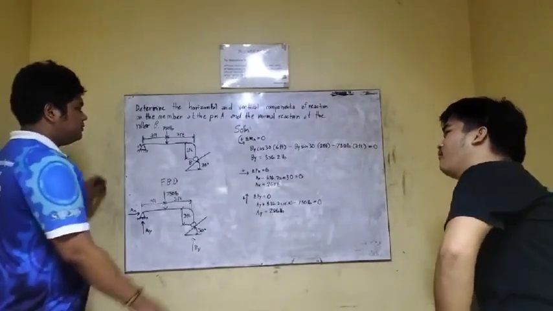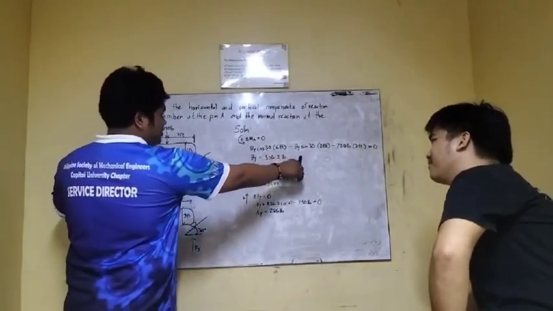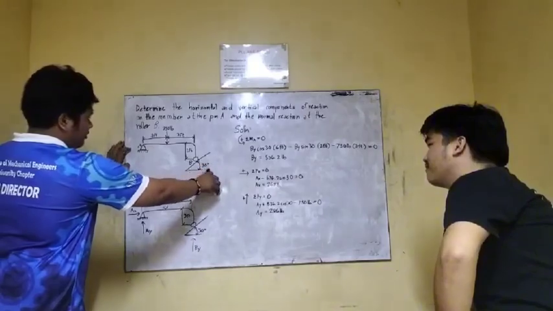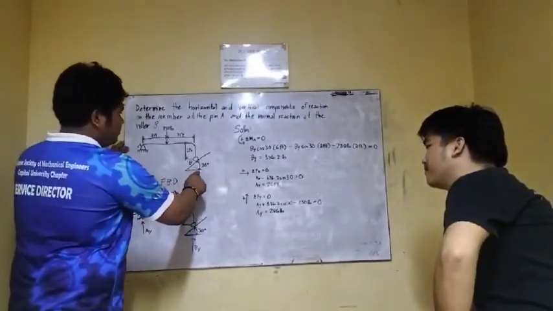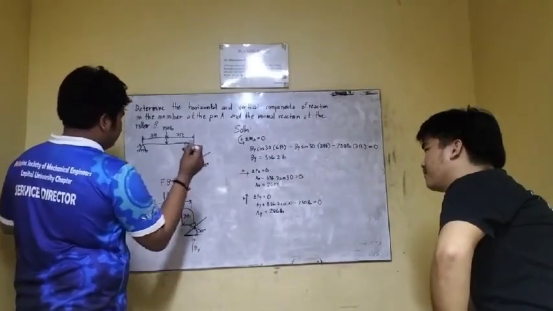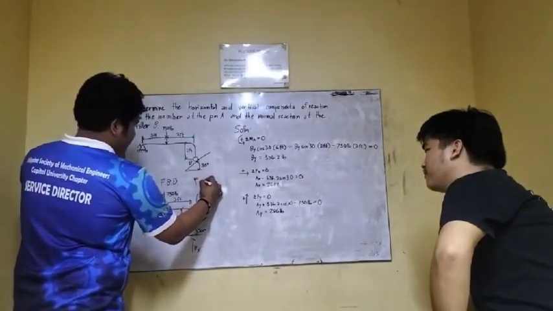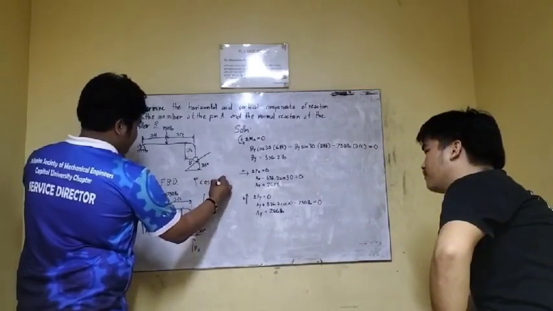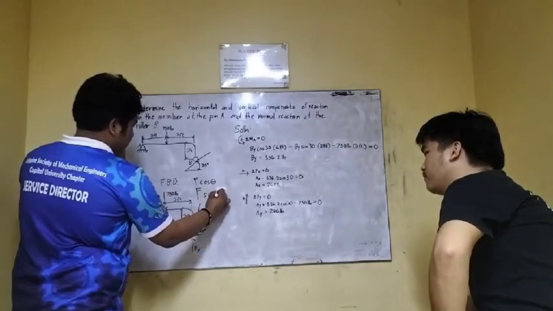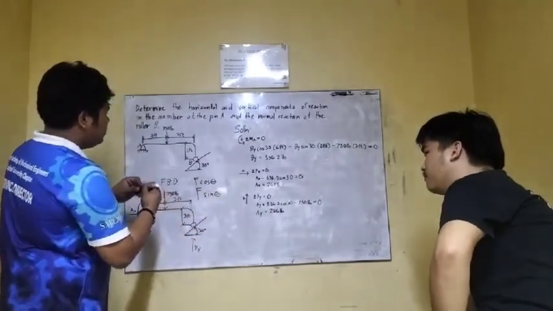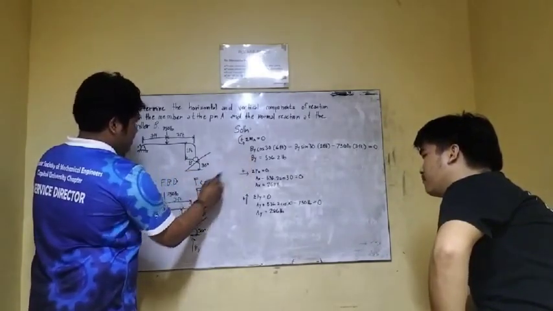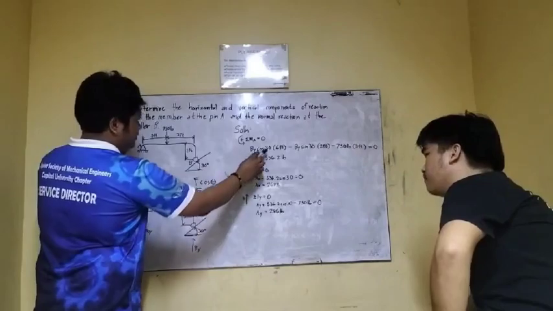Good question. So, we get the BY cosine 30 and BY sine 30 from this point B. Since point B has an angle of 30 degrees, we're going to get the x and y components. So, to get the x component, we're going to use F cosine theta, and then for the y component, we're going to get F sine theta. Since we don't have a force value, we're just going to assume that it's BY.